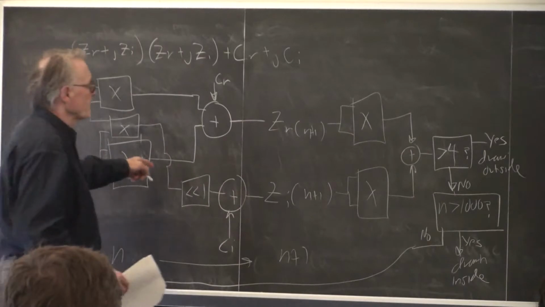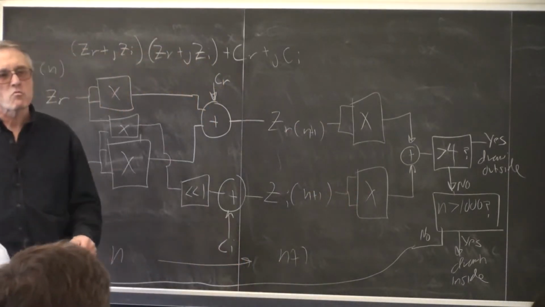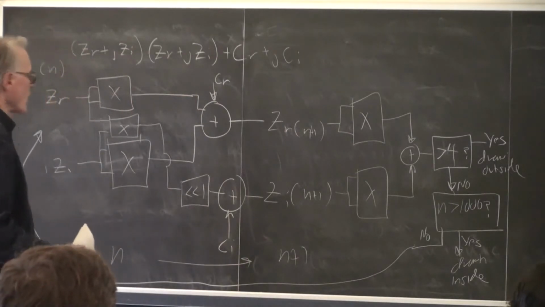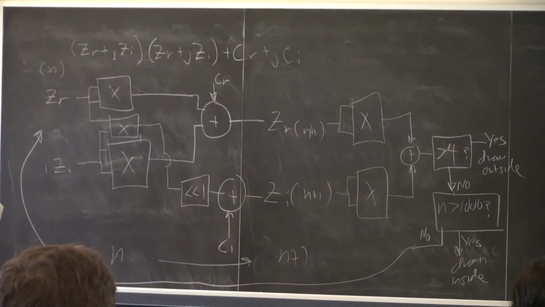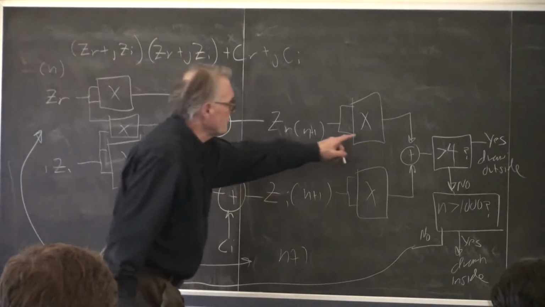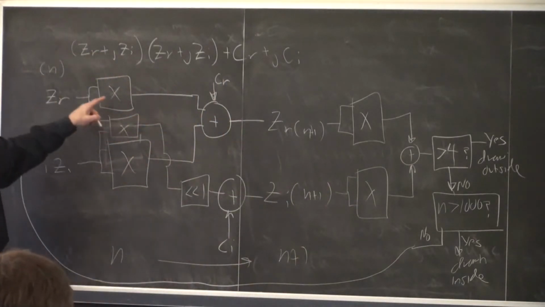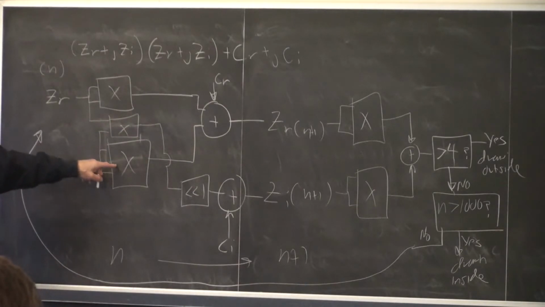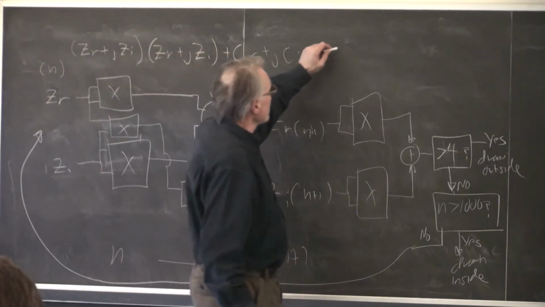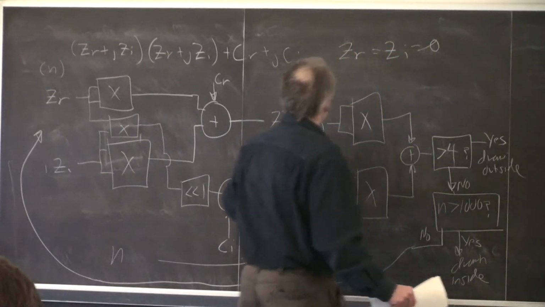One, two, three, four, 5 multipliers. So first thing in optimization is to fold this and say these two multipliers are really doing exactly the same operation, just one step ahead of these two multipliers. So we're going to say that Z real equals ZI equals 0, and we therefore know